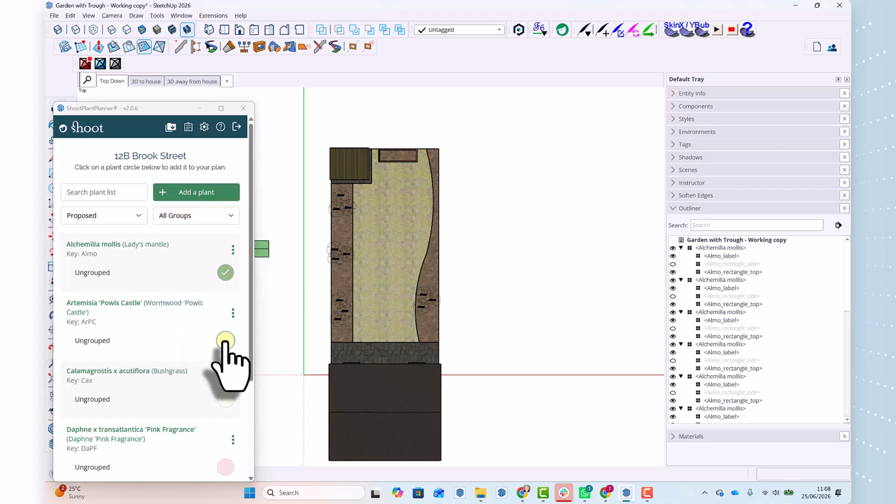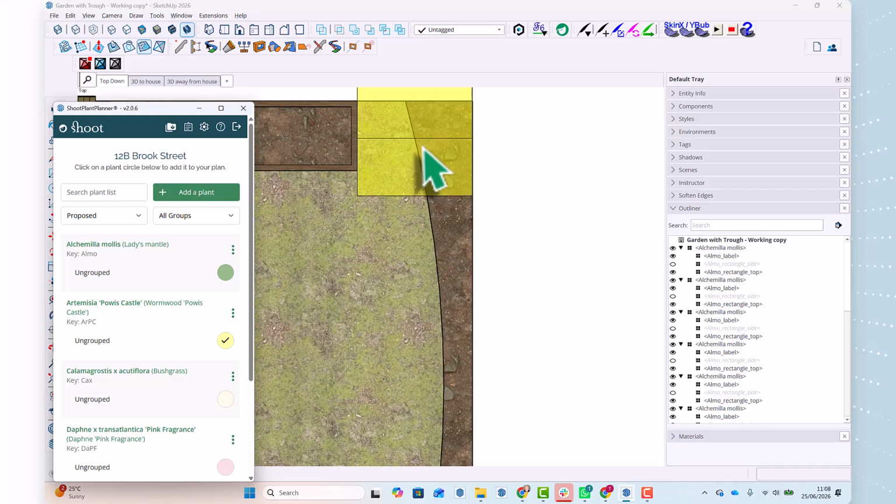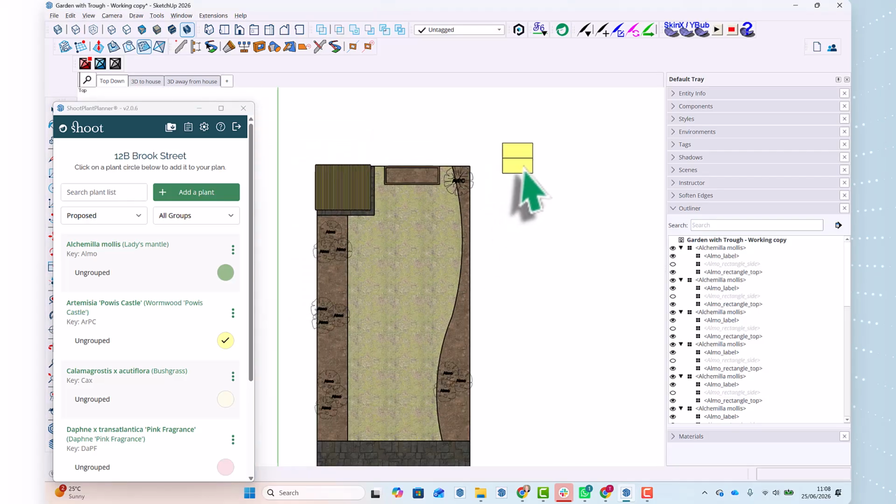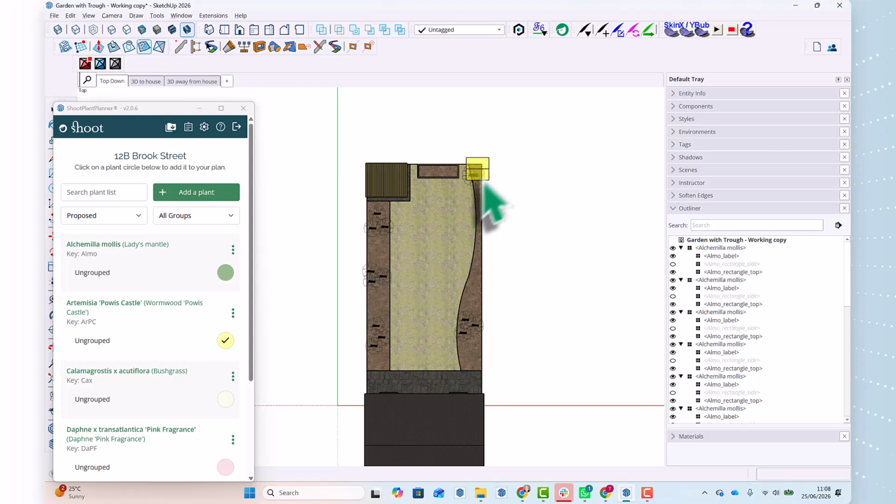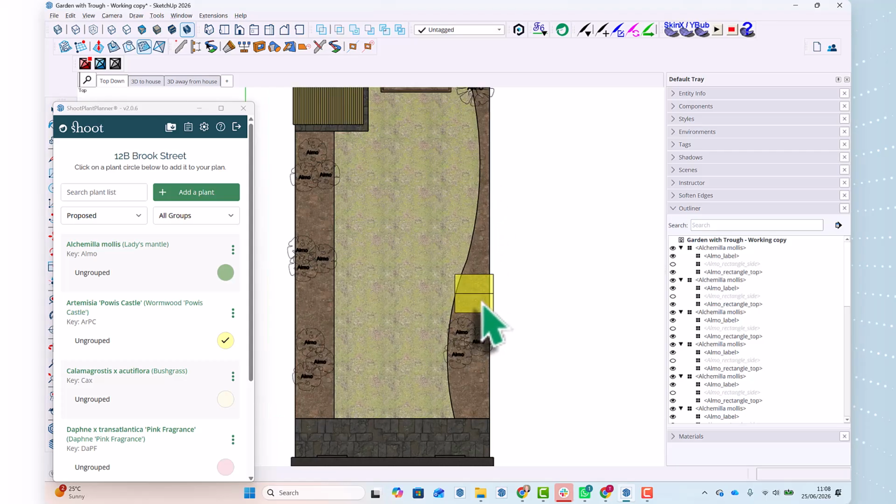So the Artemisia Paris Castle. Make sure it's got a checkbox in it. And we can zoom in and place one there. The symbols which are used here you can change in Shoot, and I may have a moment to show you how to do that. So I'm just going to put a few of these,